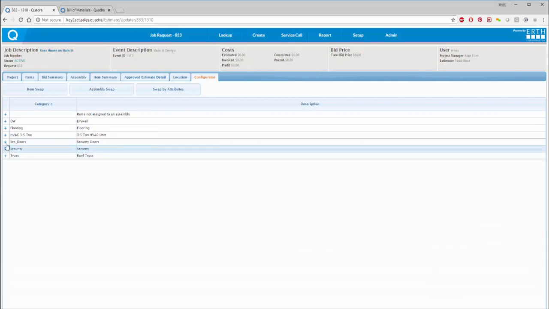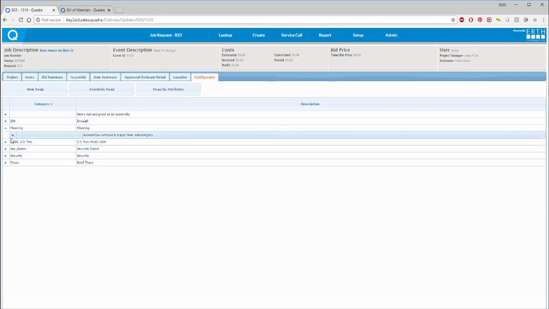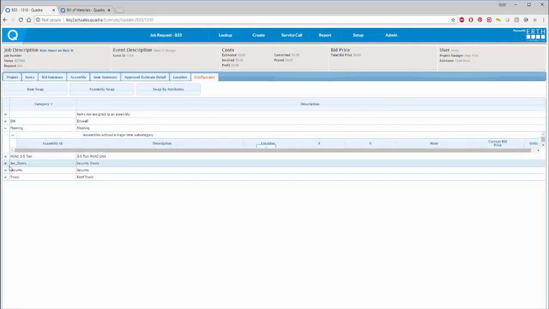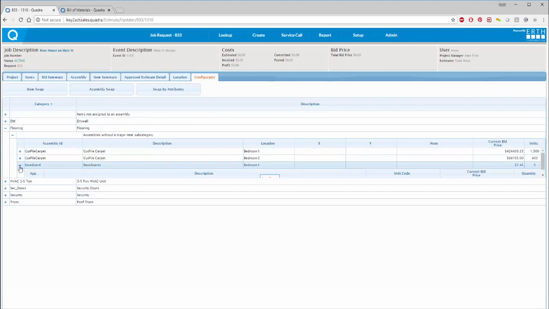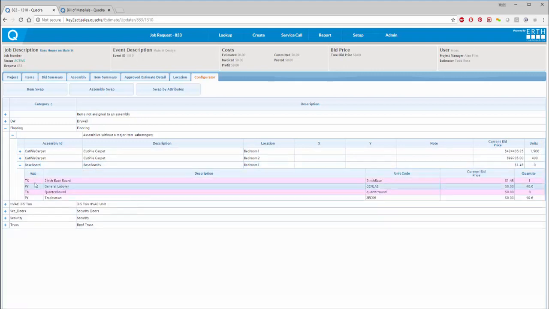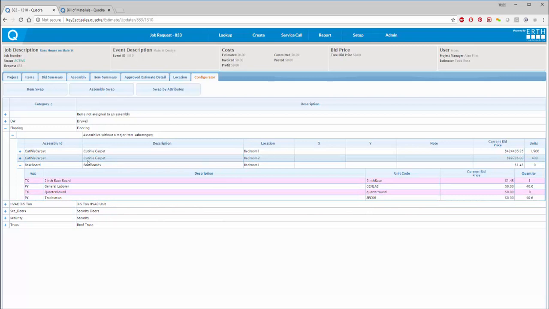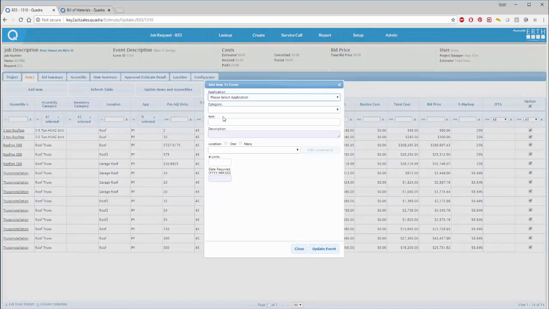So if I go back in and look at my flooring and baseboards. Now, if you had this in every room and you wanted to change it out, you could have updated and changed that out throughout the house. And I can show you a quick example of that as well. Say that if I'm going to go through, I'll just add an item here. We'll add the